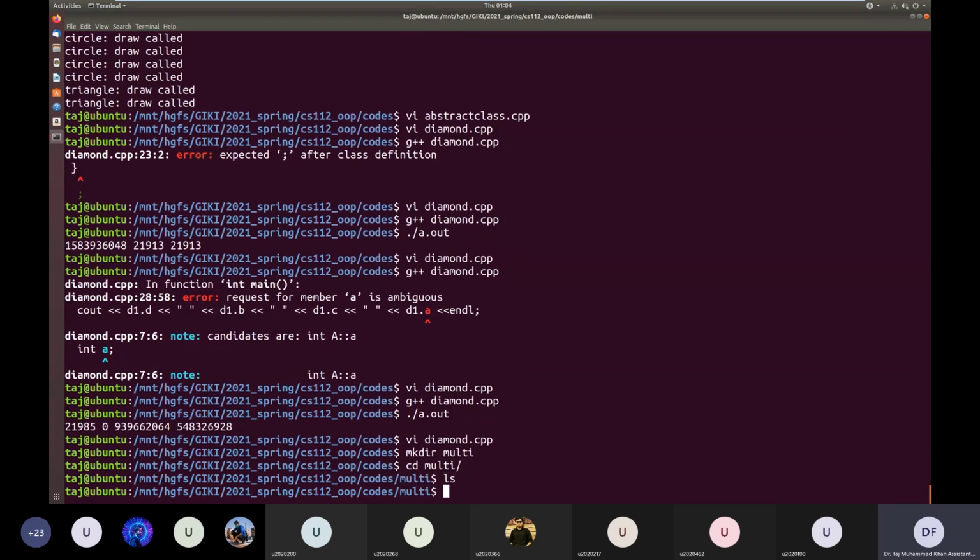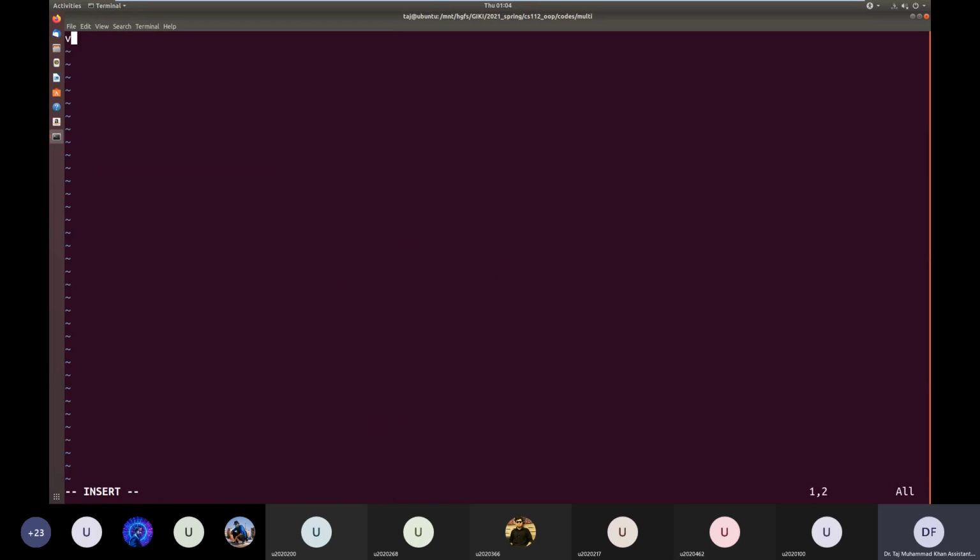Okay, so we are in a new directory. For every program, you should also try to make new directories, otherwise your files will always get confused and mixed up. So let's say I want to make a function, f1.h. The functionality is not important because that you can do on your own.